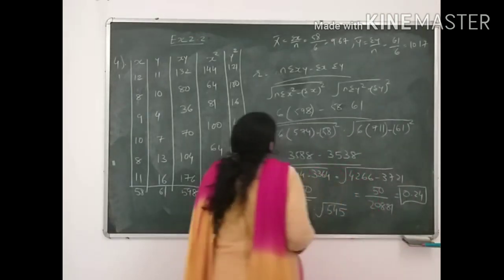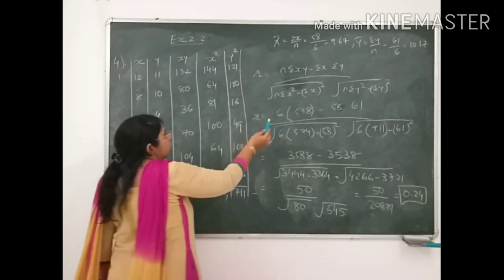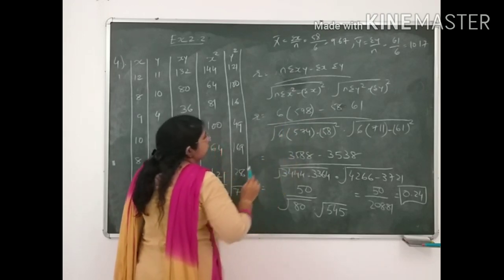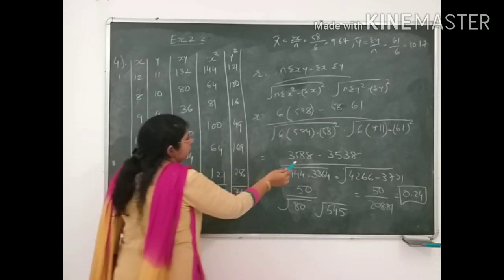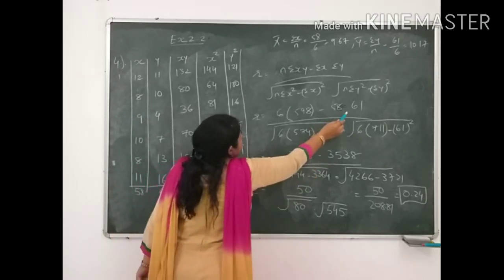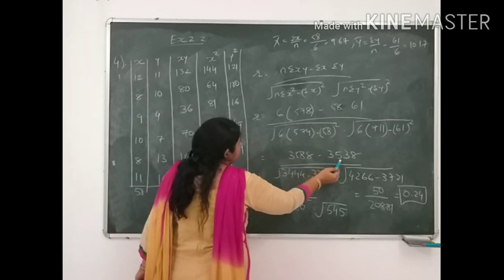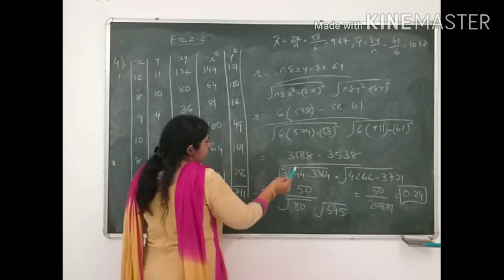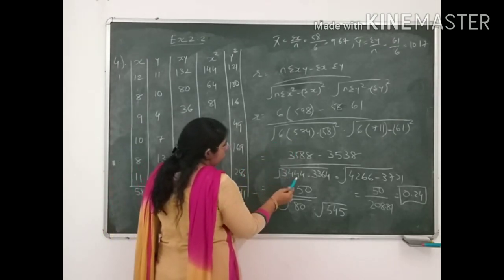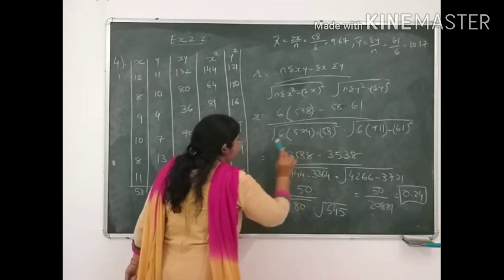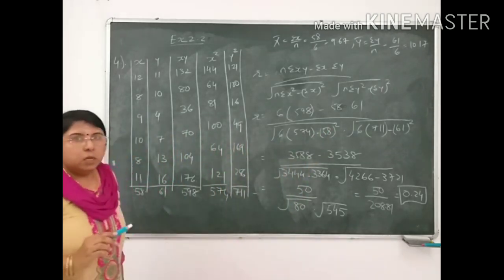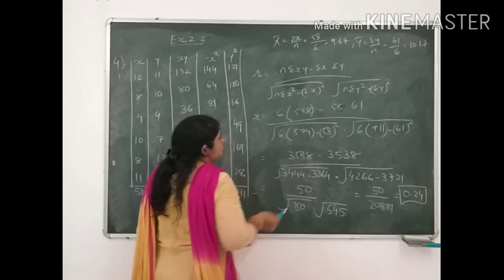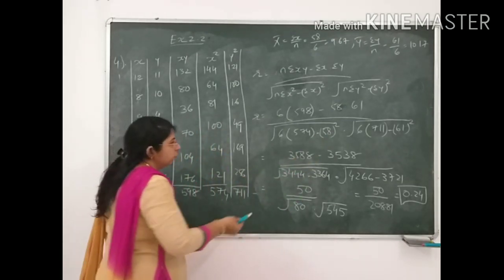Now with the help of calculator you can easily calculate. First of all, do the multiplication of 598 into 6. You will get 3588. 3588 minus 58 into 61. If you multiply, you will get 3538. Upon 6 into 574, it will come to 3444. All will be in root only, because still we have not found the root. Now 3444 minus 58 square. 58 square means 58 into 58. It would come to